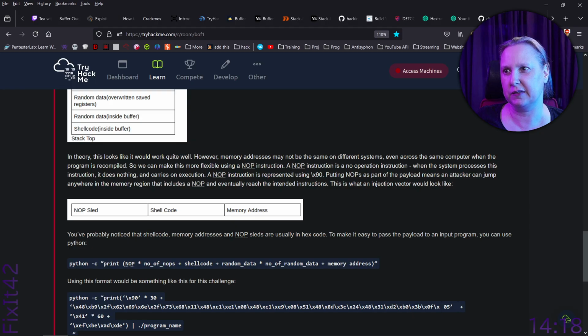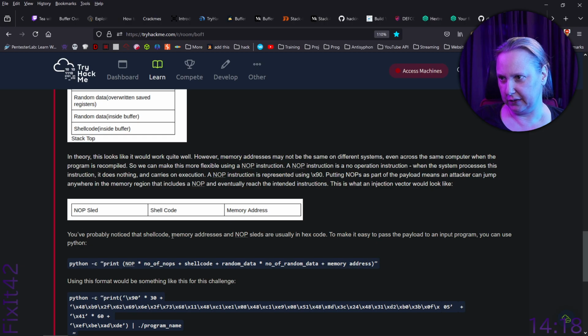The NOP instruction is represented by using 0x90. Putting NOPs as part of the payload means an attacker can jump anywhere in the memory region that includes NOPs, and it will just hop onto the code we want to run.